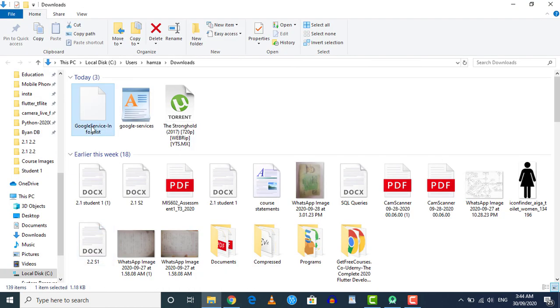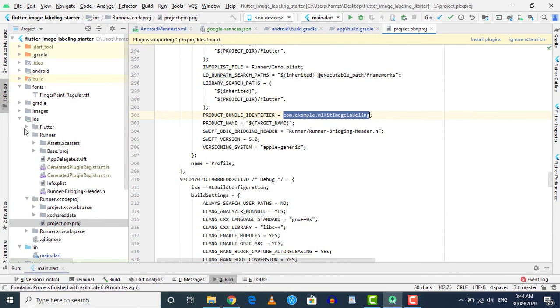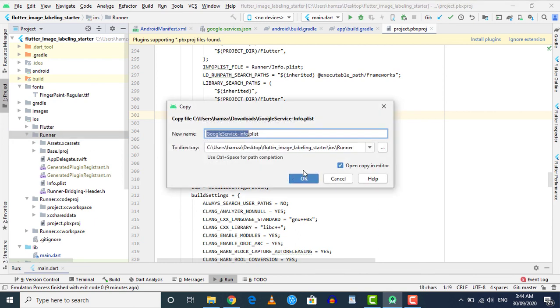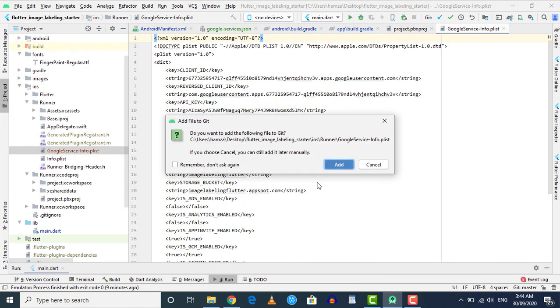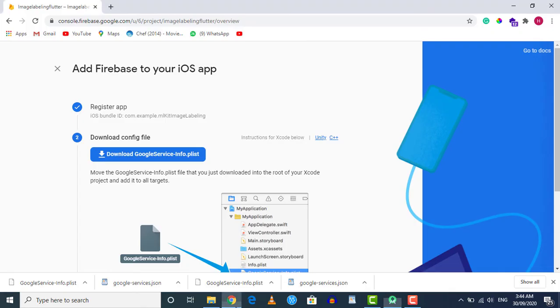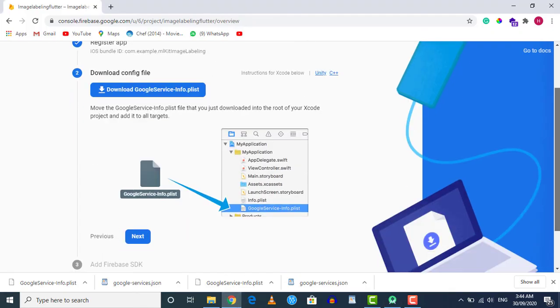So let's copy it and then move back to your Flutter project, and in the runner folder you need to place that file. So Control V. I'm gonna place it here. Now let's click this add button, and now we need to follow the next instruction, which is adding the